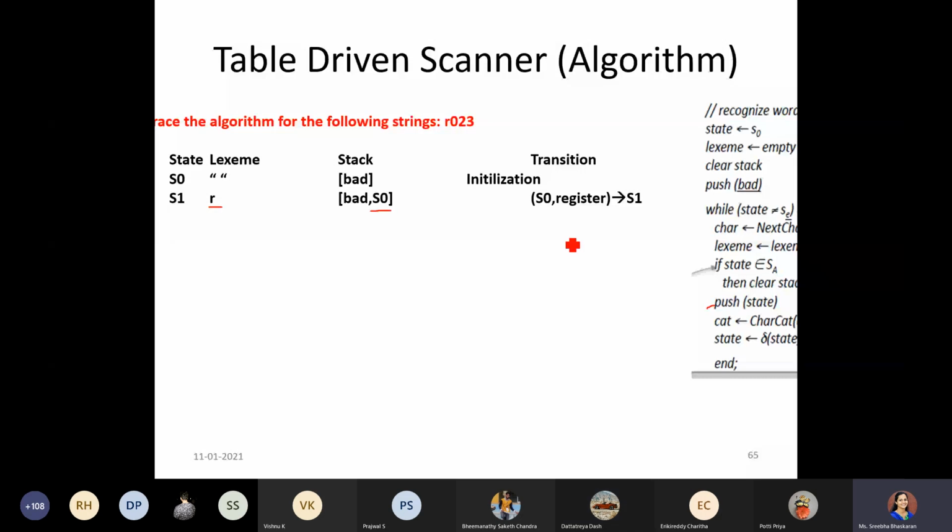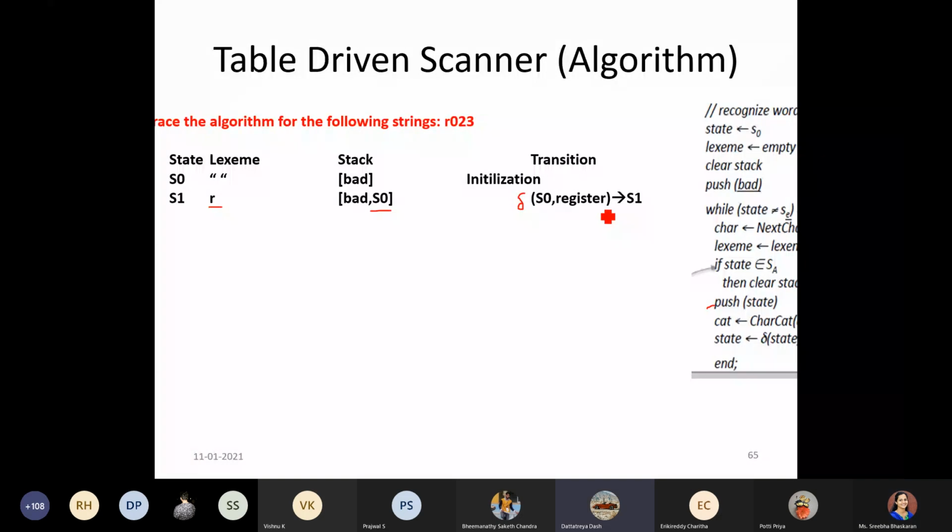After that, we are looking into our two tables. The classifier table is used to retrieve the category name. So for R, we have categorized it as register. Now we would be seeing the transition. The transition of S0 with respect to register, which is the category, leads us to the S1 state in that table. So that is what has been mentioned here.